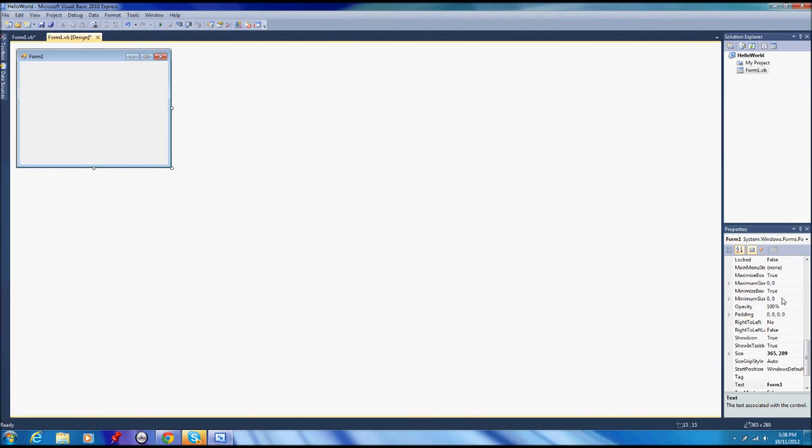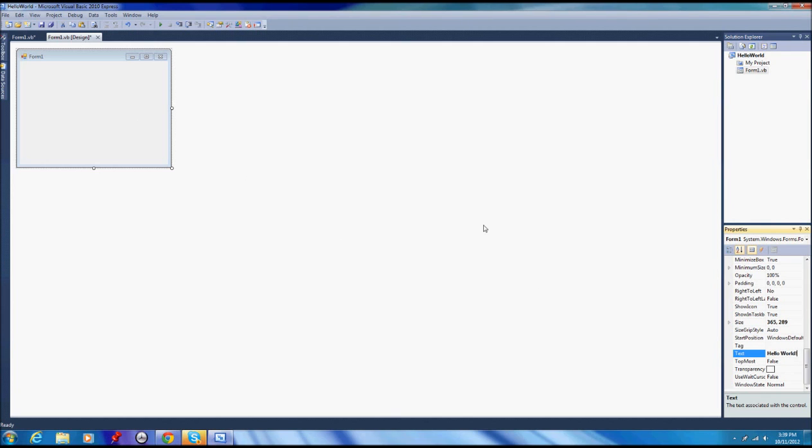If you look down here in the side, you have the properties area. The properties area allows you to edit some of the different properties or settings of the object you have highlighted and selected. For example, the name of the thing we've selected, which is the main window here, is Form 1. If you scroll down a little bit, we should be able to get to text. Here it is. Text Form 1. So what text is the heading that goes up here. If we change this to say Hello World,